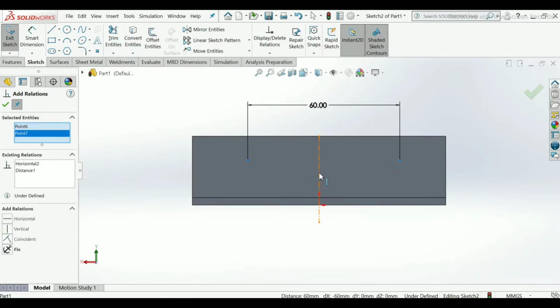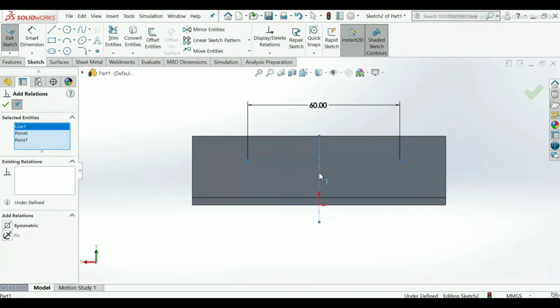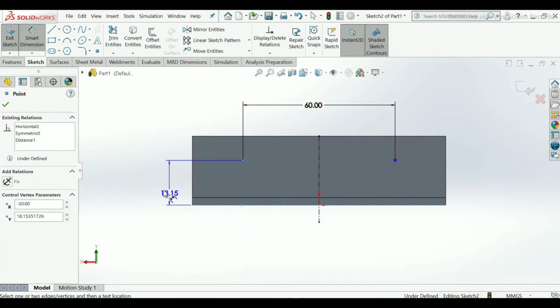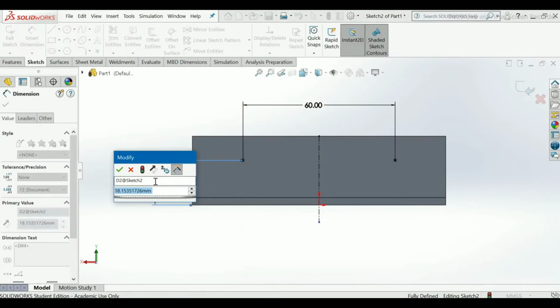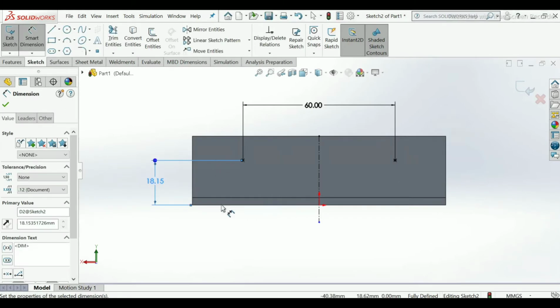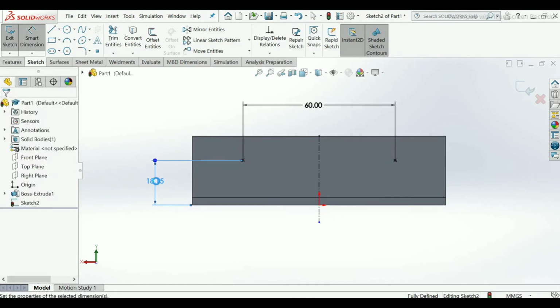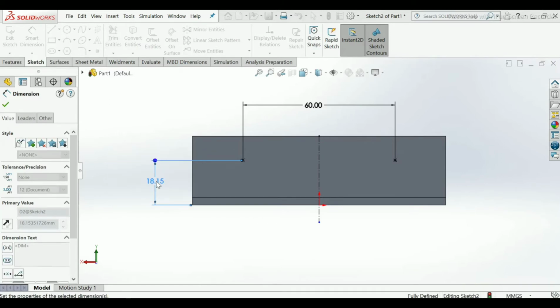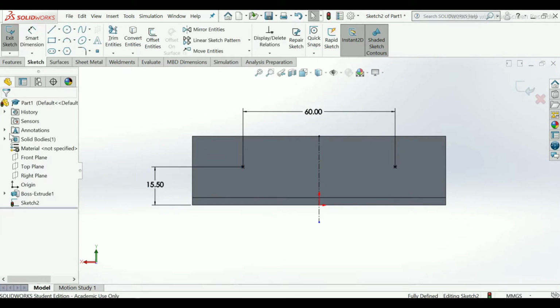Now select this vertical axis. Apply symmetry. Okay. Use smart dimension. Select these points and this edge and apply the dimension. Make it 15.5 mm. Okay.